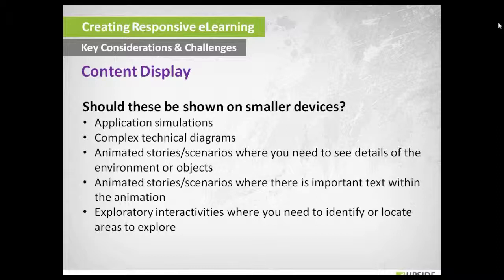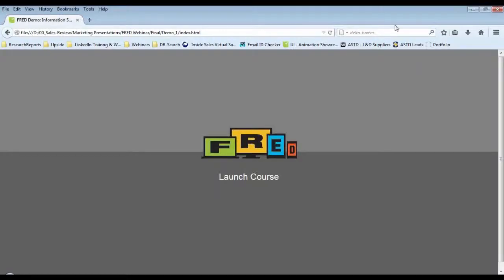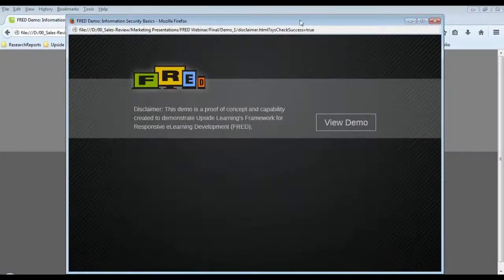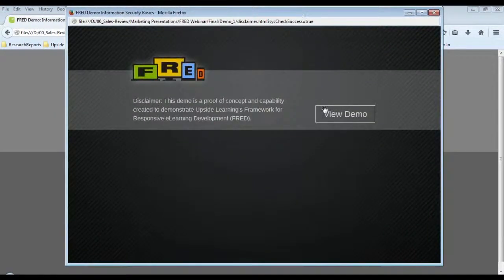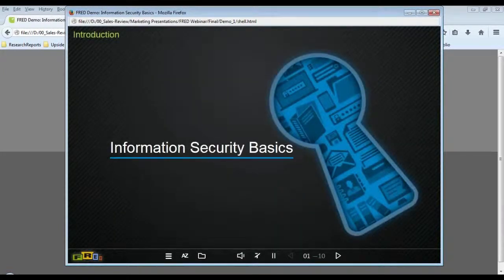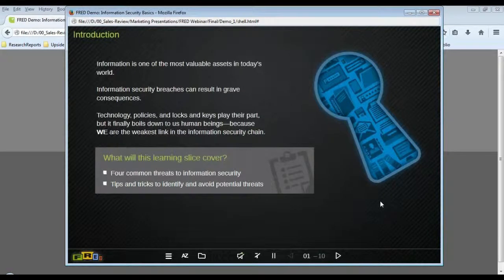So as Jim mentioned, we would like to show you one of the sample modules which we designed internally, and show you how it works on different device sizes. So I'm launching a small module, and as you would see, we have designed about 22 to 25 different templates, and when we are working with our clients and with different types of content, we'll keep adding to that.